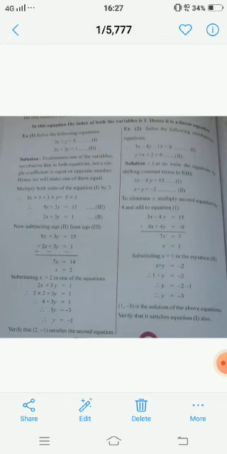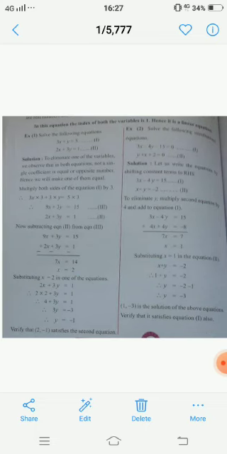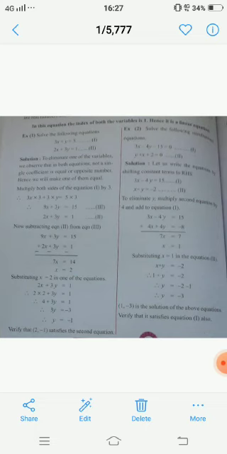So now 9x plus 3y is equal to 15. Wherever the plus sign is there, that will change to minus of equation number 2. So automatically my variable y will be eliminated because both are with different signs. In equation number 3 it is with a plus sign, and in equation number 2 it is with a minus sign. So automatically that will be eliminated, and then 9 minus 2, that will be 7x, 15 minus 1, that is 14. So automatically I got the value of x as 2, because 7 twos are 14.